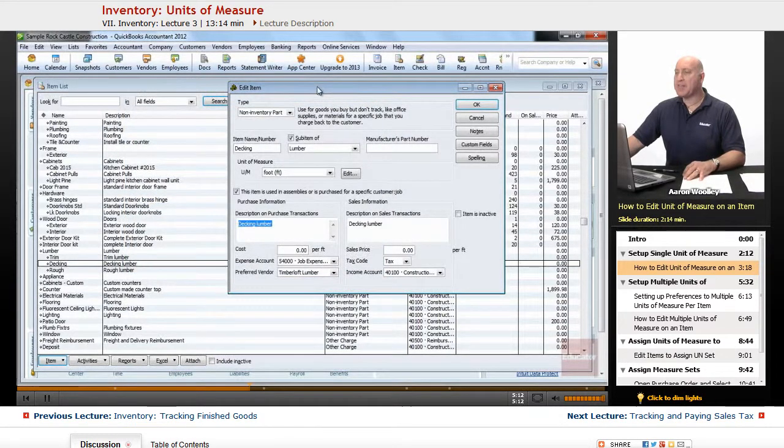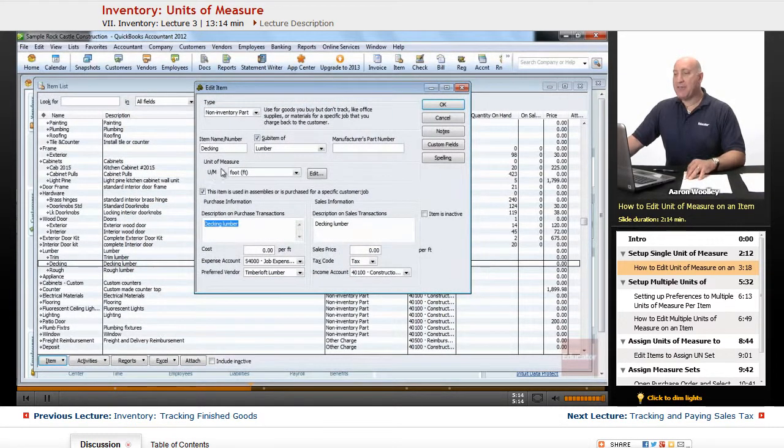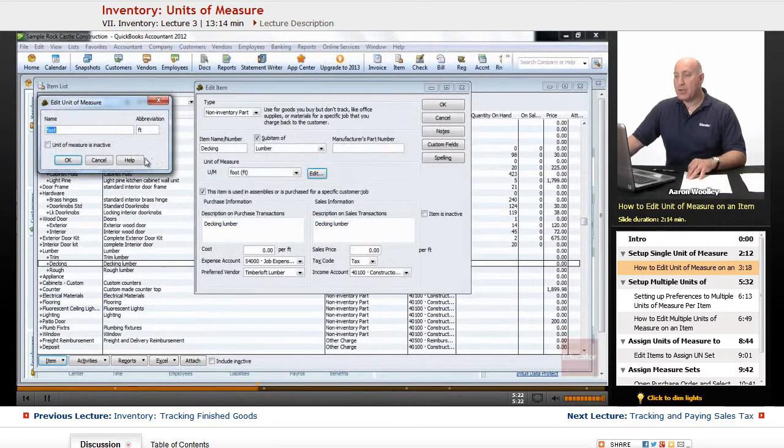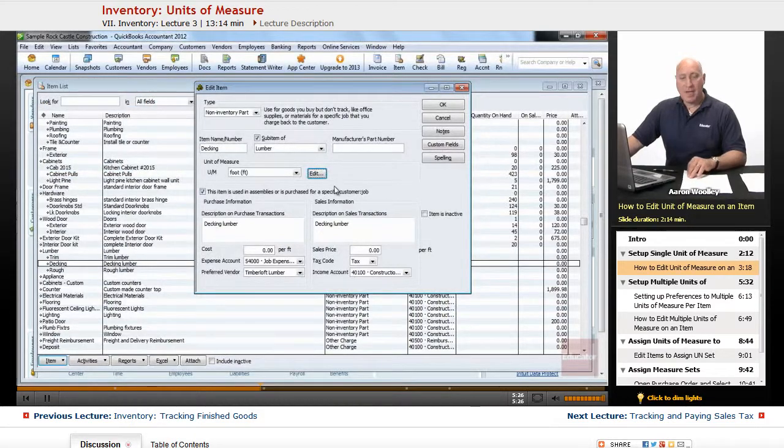It's going to bring us back to the item. Now we have a unit of measure. UM for unit of measure is by foot. We can edit that if we like and go back and change it and do something else to it. We're going to keep it as foot. Okay? Now that we